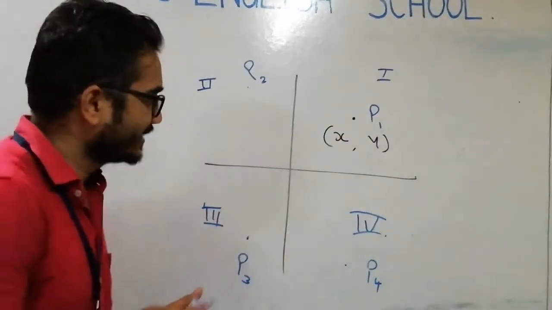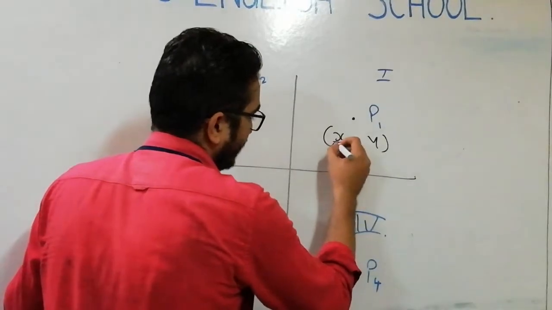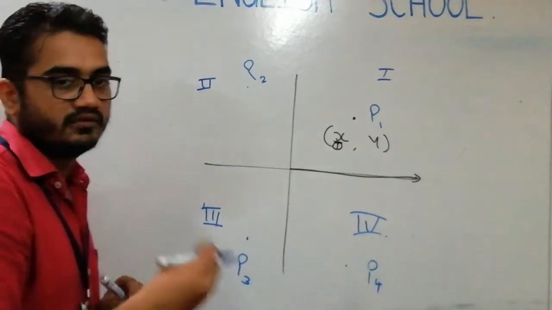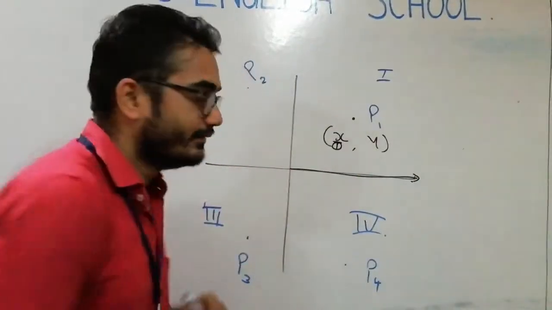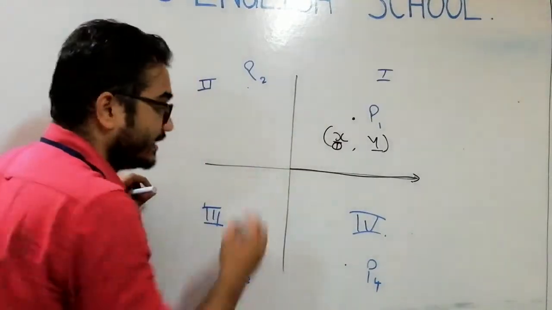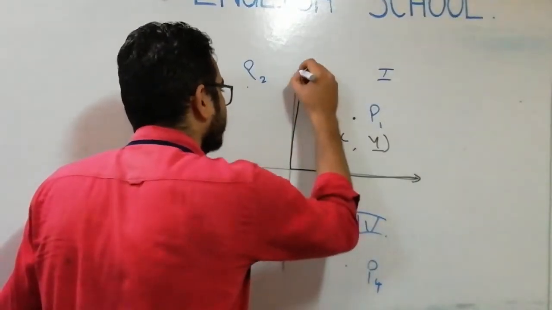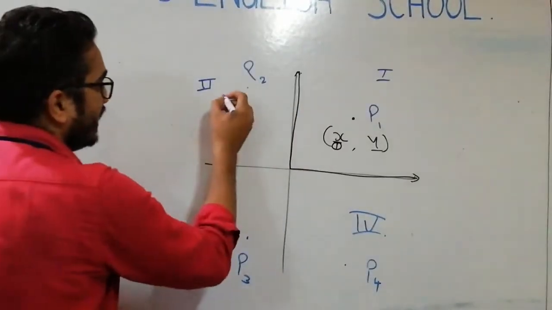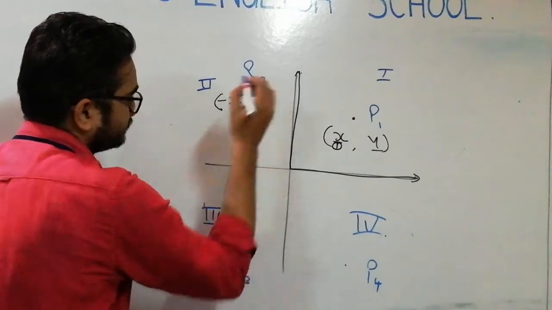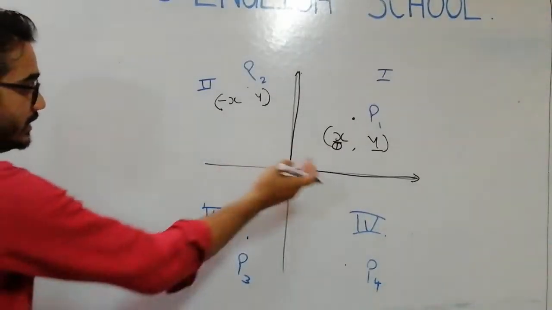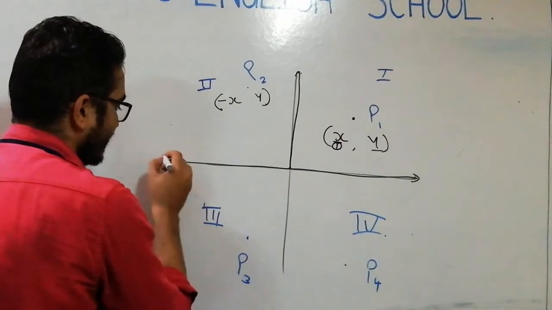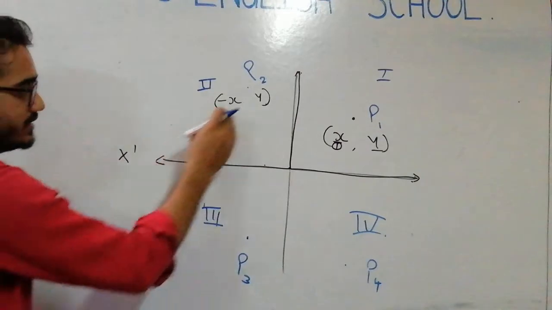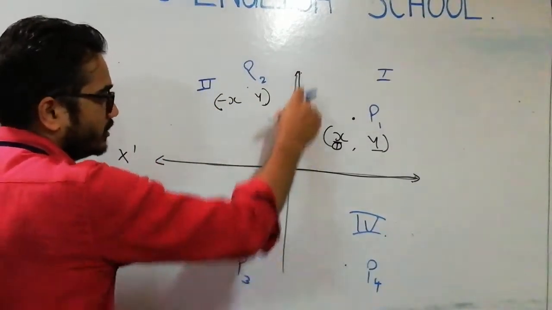Now what is this X? X means the place where it is located on this axis. That can be 1, 2, 3, 4, 5, 6 and up to n. When I say y, that shows where it is located on the y-axis. Similarly for this point, we will have minus x, y. Why am I saying minus? Because this is on this side, the x coordinate is minus, so it is minus x and plus y.